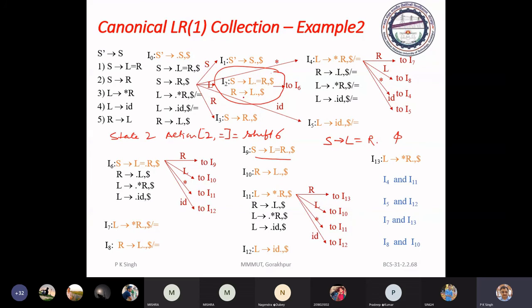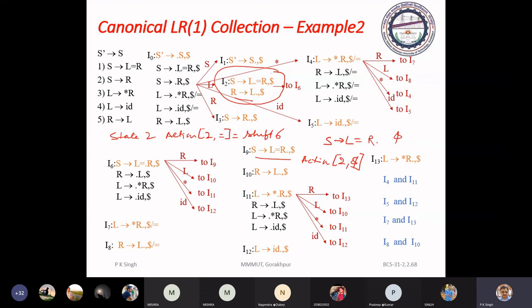And due to this very item R2 L dot dollar, we have to make an entry under action 2 dollar, reduce by this very production R2 L. But in the SLR case, because follow of R contains equal sign, you have to make the entry of reduce action at this state also, and that causes collision.